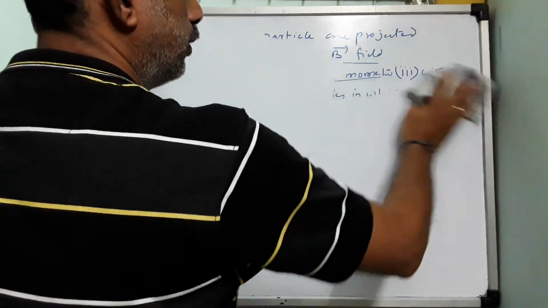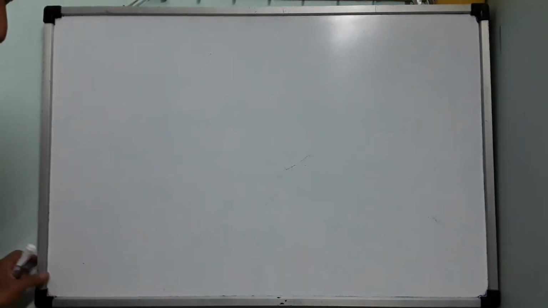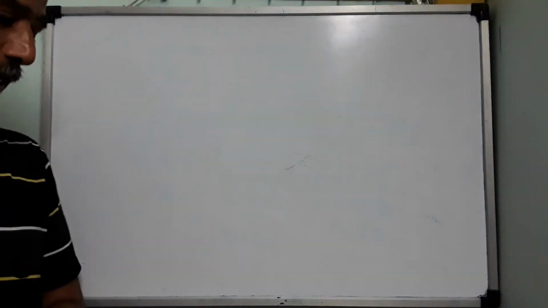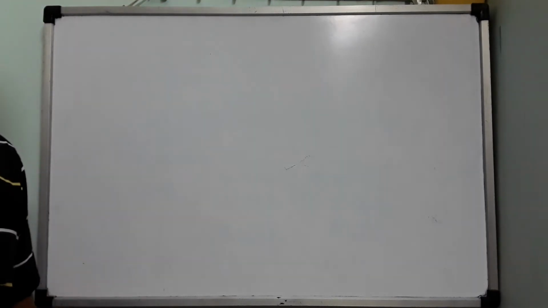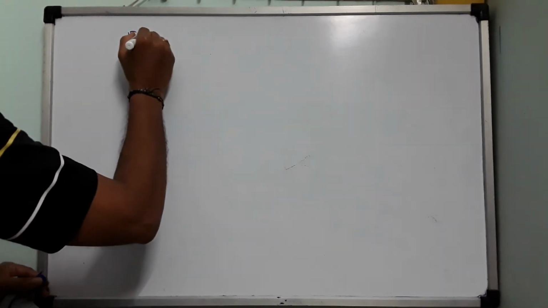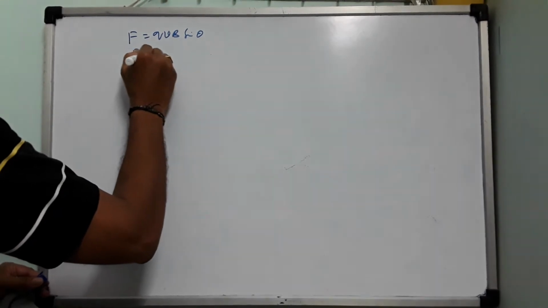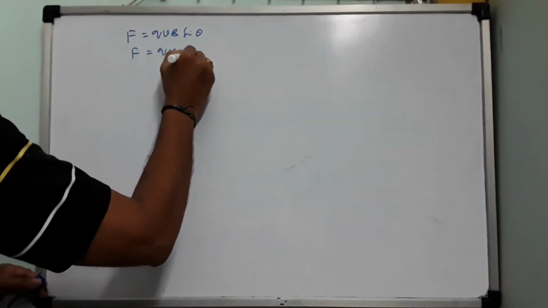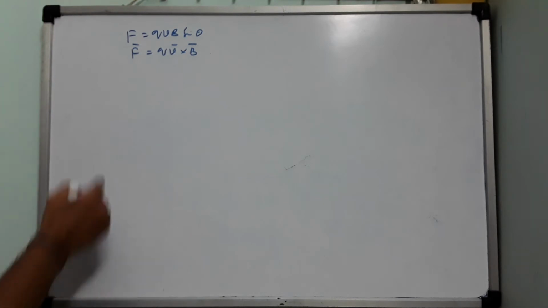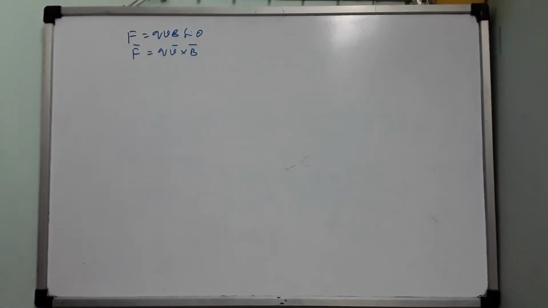Right. So now there will be another important question in this: what is the work done by the Lorentz force on a charge moving in a circular path? What is the Lorentz force? F equals qvB sin theta is the Lorentz force. This is written as F equals qv cross B in vector notation. That means force is always acting perpendicular to velocity, perpendicular to displacement. When a force acts perpendicular to the motion, work done by such forces will always be zero.